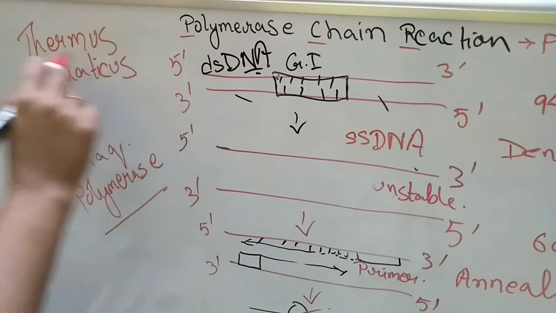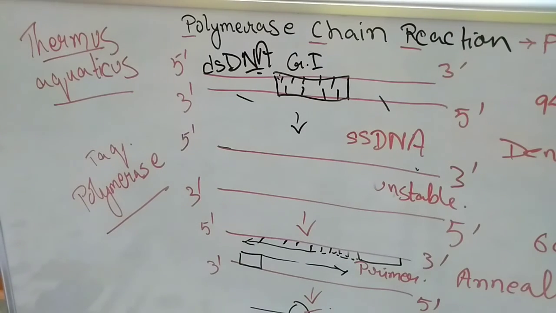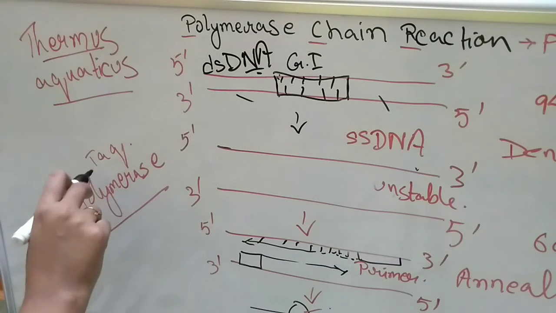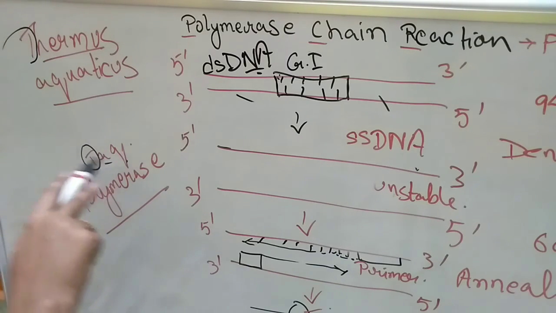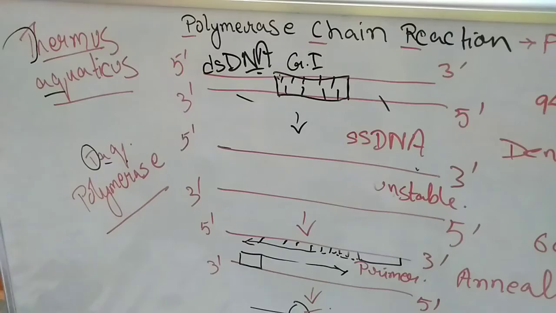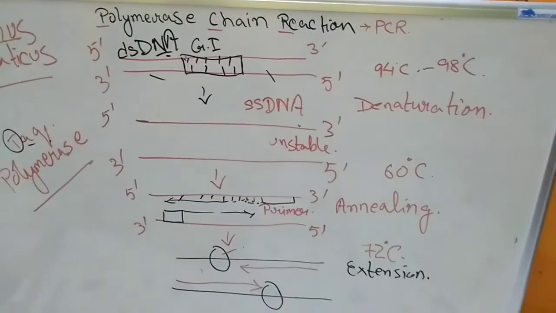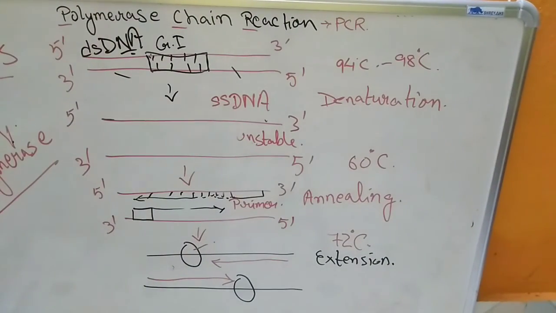Aquaticus, so this is the name of the bacteria. From this bacteria the DNA polymerase has been extracted. For this reason the name Taq has been given. The T is coming from Thermus and the AQ is coming from the species name. So this is how the nomenclature of this polymerase has been given. Now in the last step, that is in the extension, this Taq polymerase will bind on this single stranded DNA molecule,